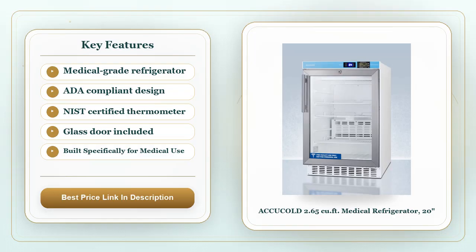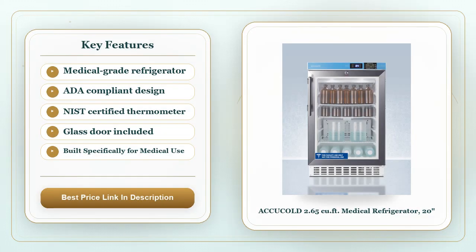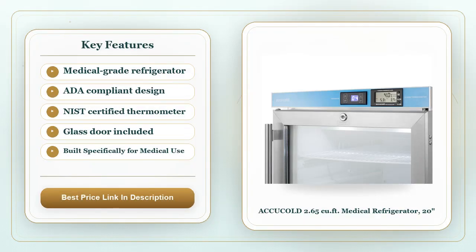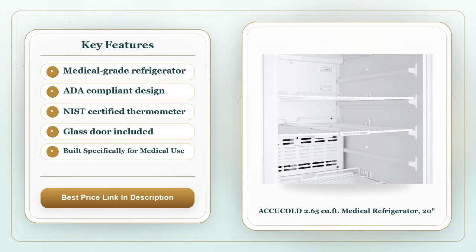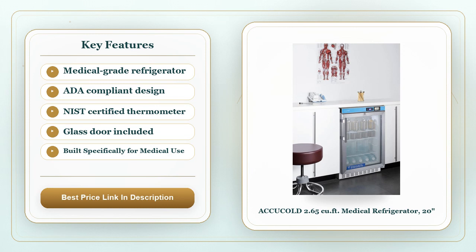Now the size. At 2.65 cubic feet and a 20-inch width, this unit slots nicely under a standard lab bench or beside a work counter. It's not a walk-in, but it's also not a cramped countertop mini fridge. If you have a modest inventory, think a few hundred vials, some syringes, maybe a couple of temperature-sensitive reagents, this